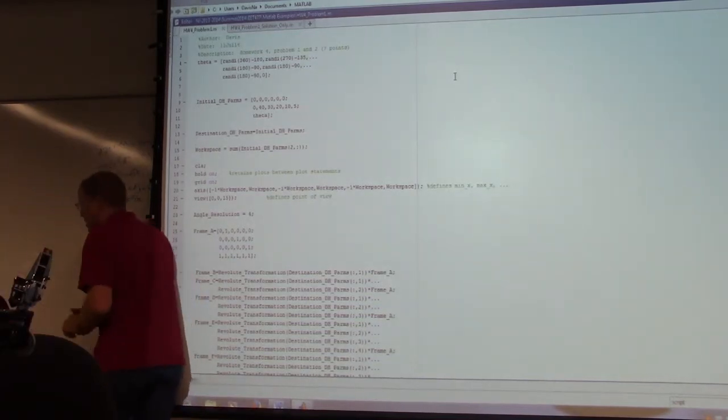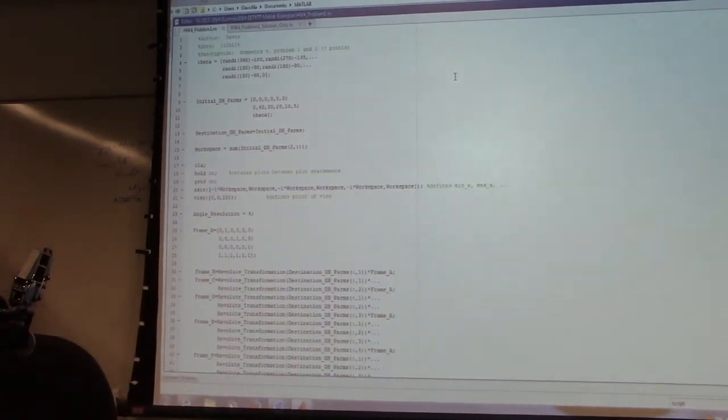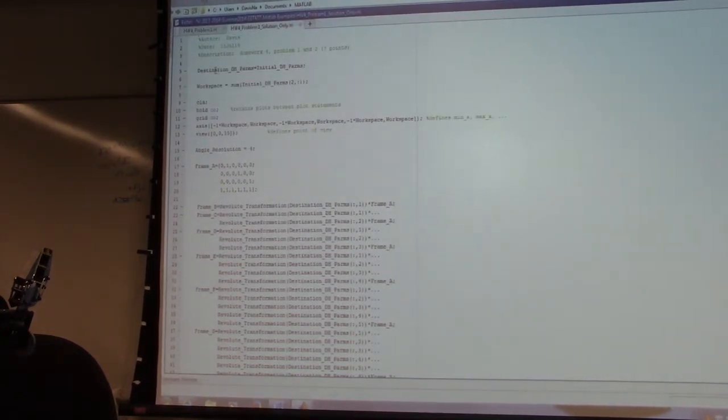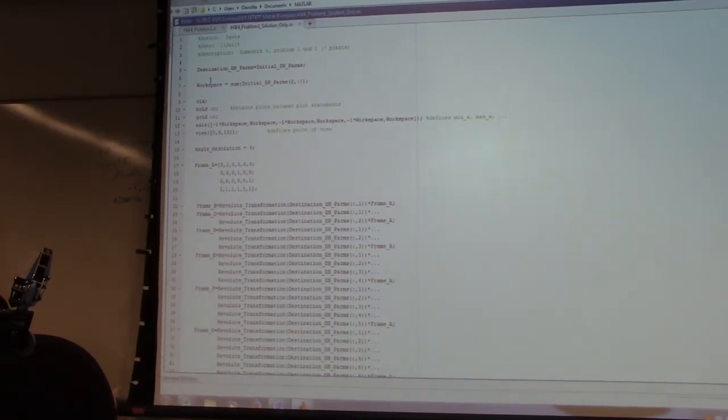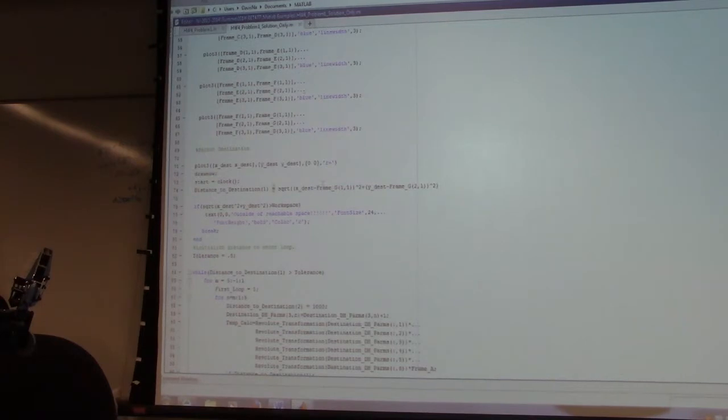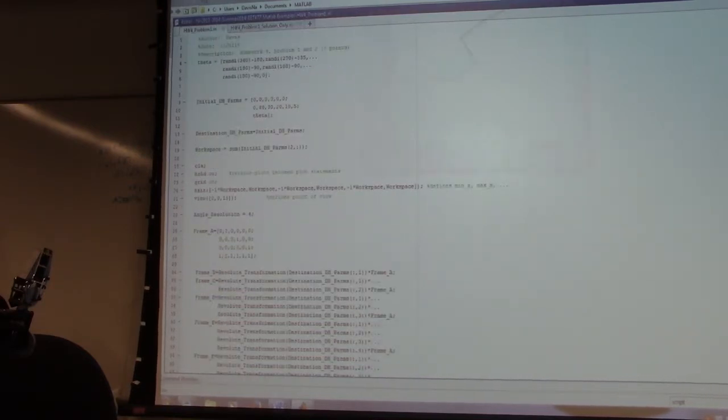So I made sure not to define the DH parameters because they're hopefully already stored in memory. And I did not go through and accept a mouse click. Again, the X test and Y test are already stored in memory. So if we go back to here and run this,